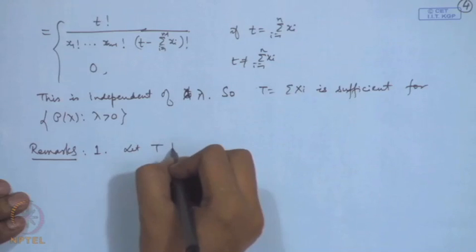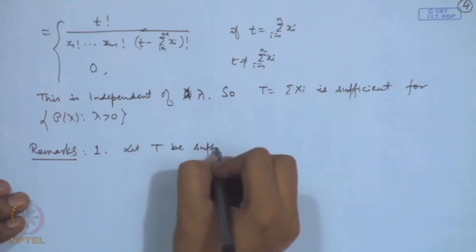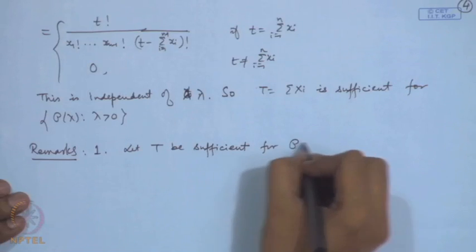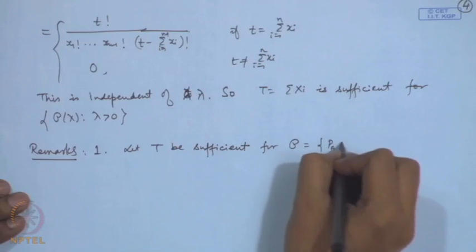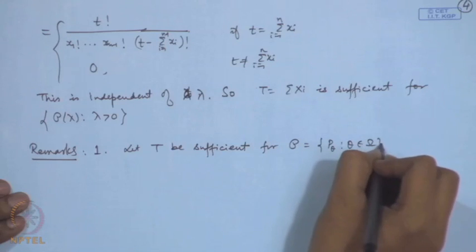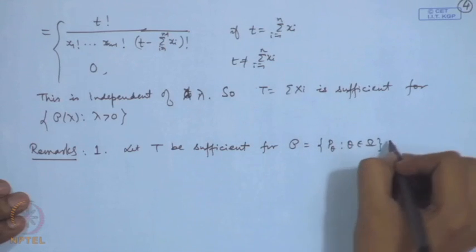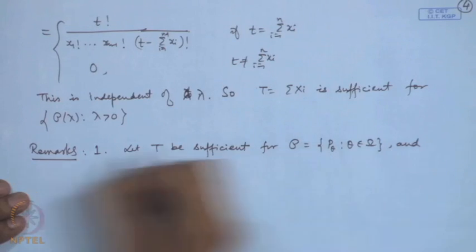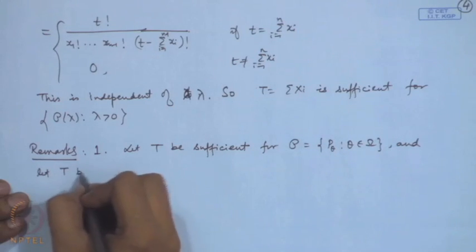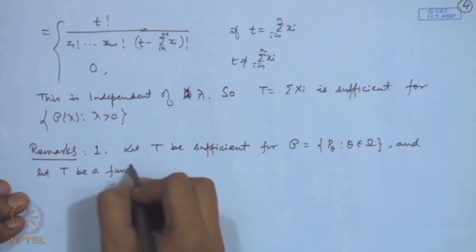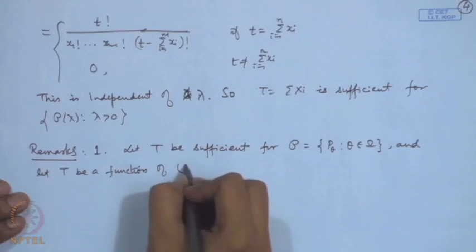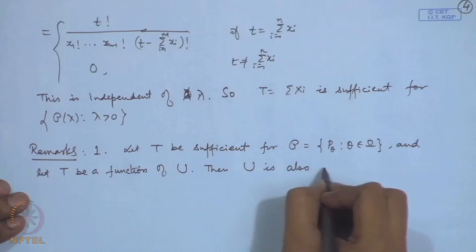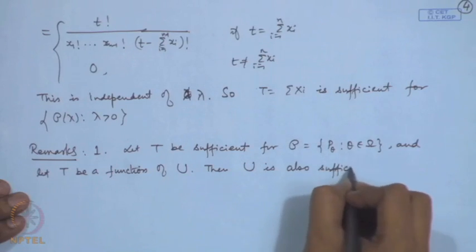Let T be sufficient for a family of distributions, and let T be a function of U, then U is also sufficient